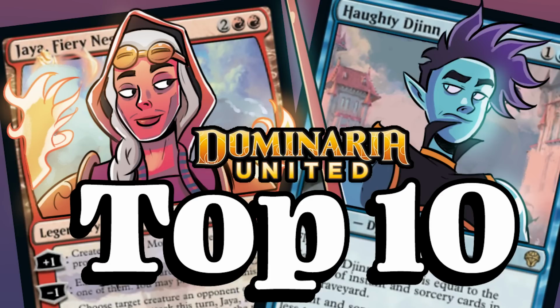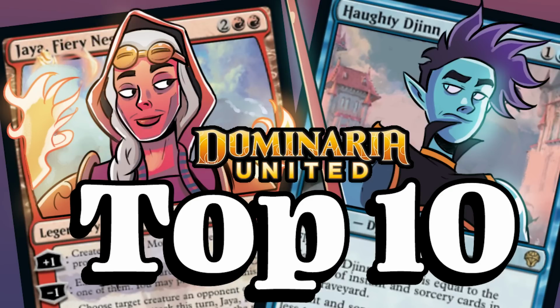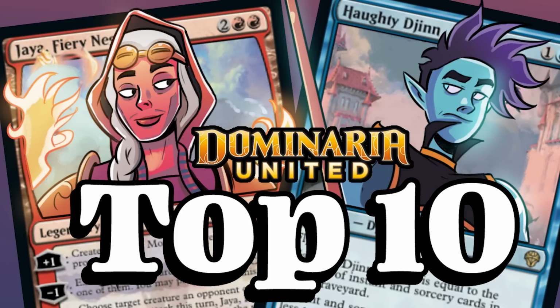For me, it was King Darien, the 48th was the big one that didn't quite sneak in. Yeah, the 48th King Darien, which I think is a pretty good card, but didn't quite make it. Crim, I know you had a couple that didn't actually make the list. What were the ones that you had that didn't make our final top 10? Okay, so I had Evolved Sleeper, and I had Urtai the Resurrected. Yeah, that was it. Those 2. Yeah, so most of them, there's a lot of agreement. So overall, most of our cards ended up making the list, but those were the ones that didn't quite make it. Anyway, I guess we should probably jump right into it and start counting down our top 10 cards from